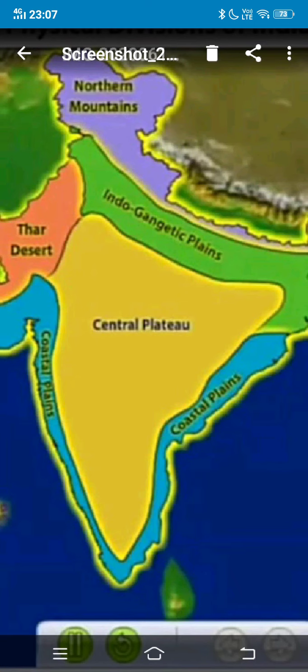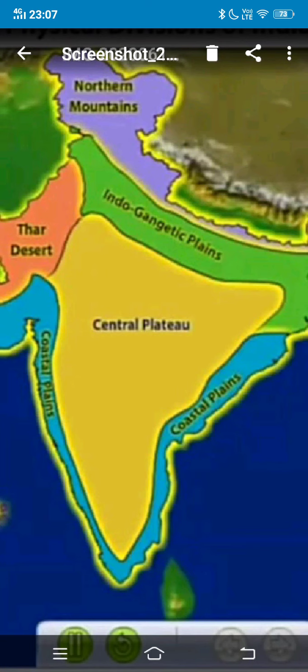In simple words, you can remember, children, it is a land with steep slopes from the sides and flat at the top. I am sure most of you might have visited Saputara or Mahabaleshwar. These regions come under the plateau region. Now when we observe the map, children, we see that a major part of the map is colored mustard yellow. It indicates a plateau region.